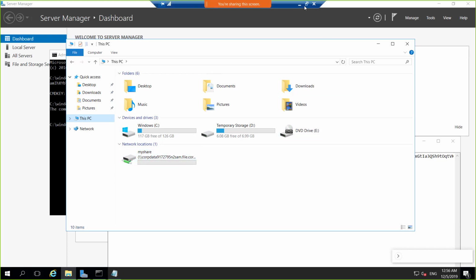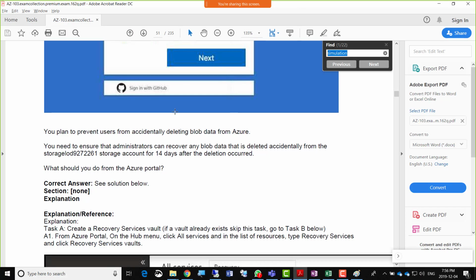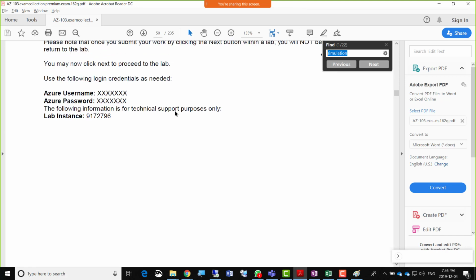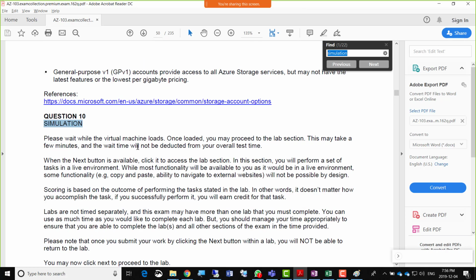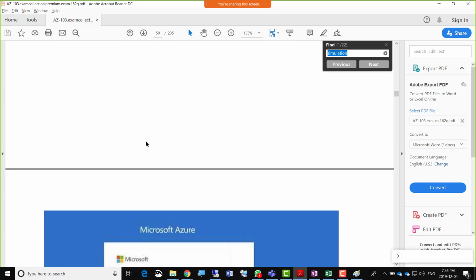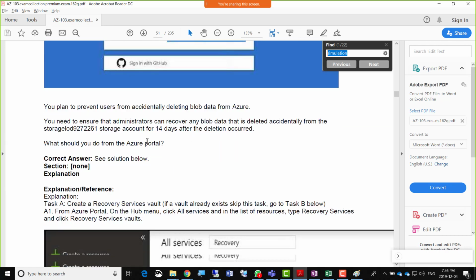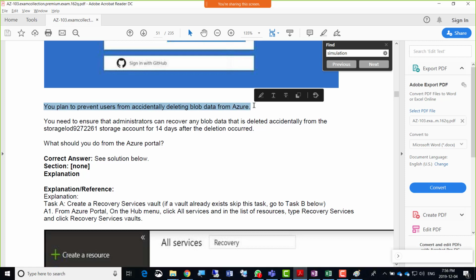So I'm going to minimize this now. If this lab is done, right? Simulation number 2 is done. So I'm going to minimize the virtual machine, and I'm already on third simulation, which is question 10 here. I'm going a bit faster because we need to cover all these labs, and there are many. So now the third question is, you plan to prevent users from accidentally deleting blob data from Azure.